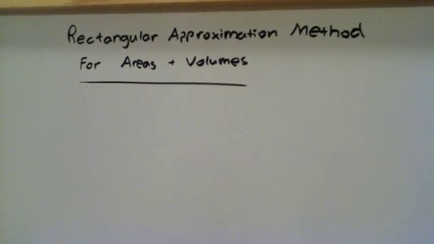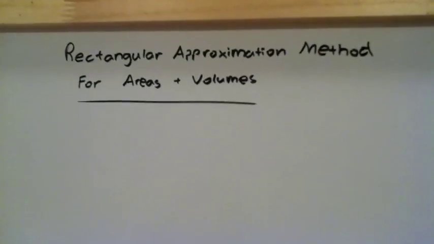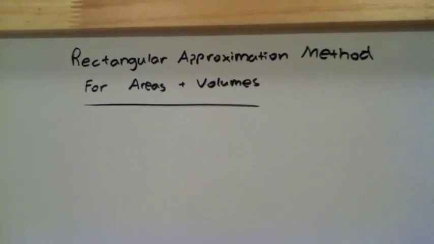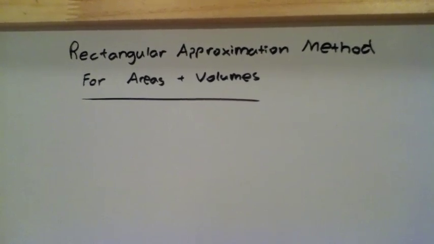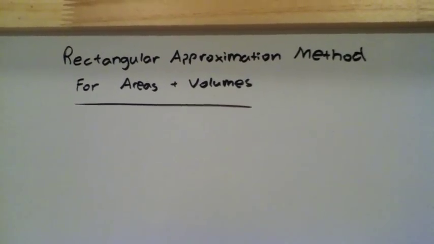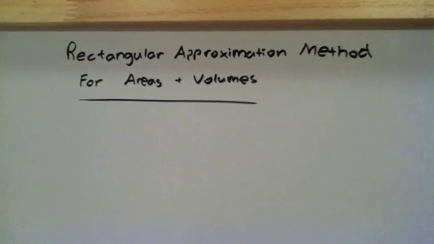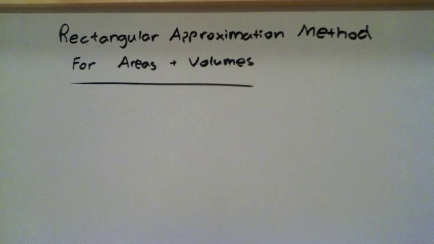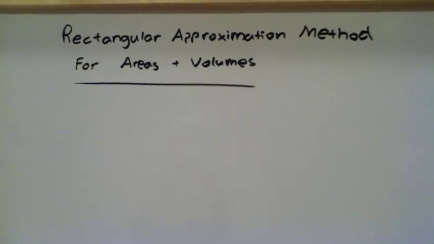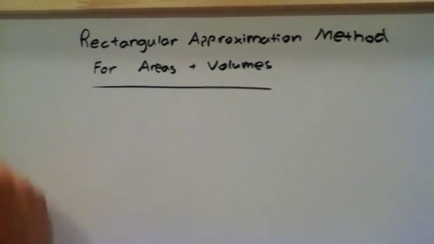Welcome back, and today we'll be discussing the rectangular approximation methods for areas and volumes. It's a way of estimating the area under a curve. So basically this is a preliminary, conceptual preliminary to integrals. So there are three types of these approximation methods, and they are